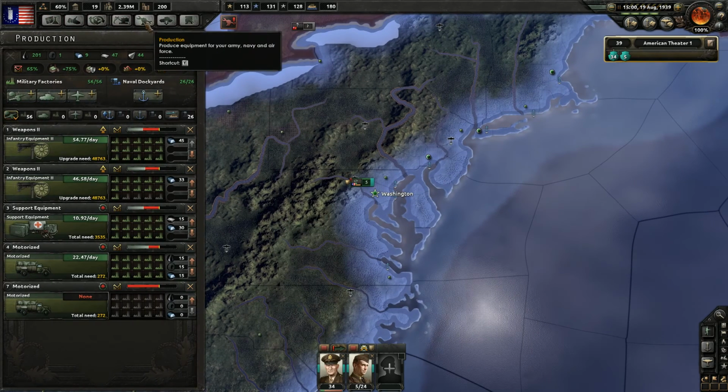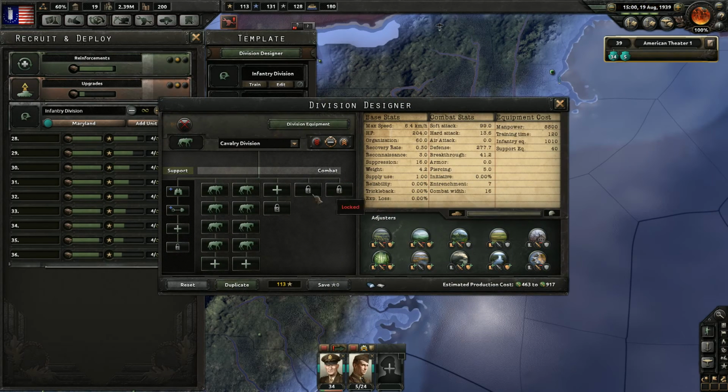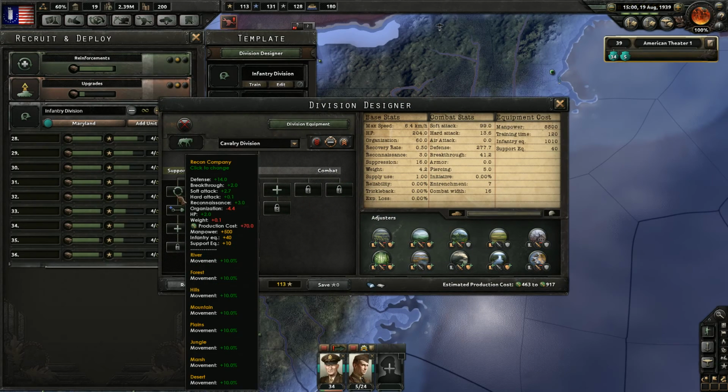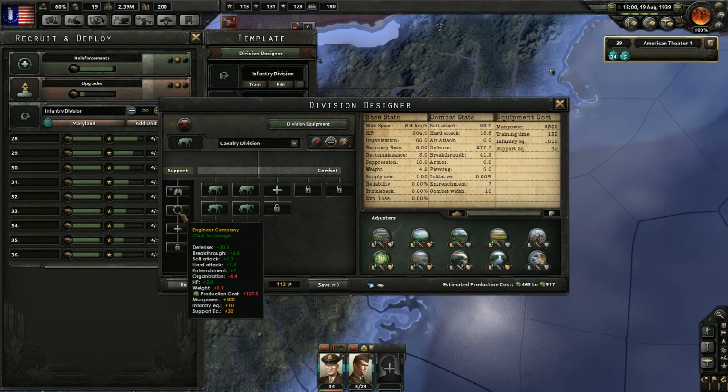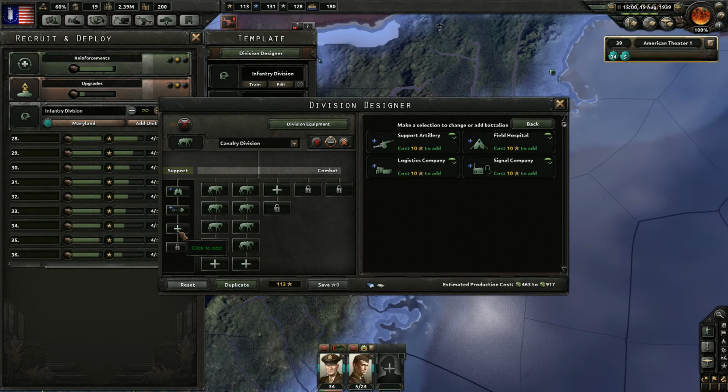So let's pause for a minute and let's design a cavalry division. There actually already is a cavalry division. What can we do with these guys? So recon, yes. Recon's almost mandatory. Engineer, yes. Do any of these not require motorized? No, they all require motorized, so I probably don't want to...